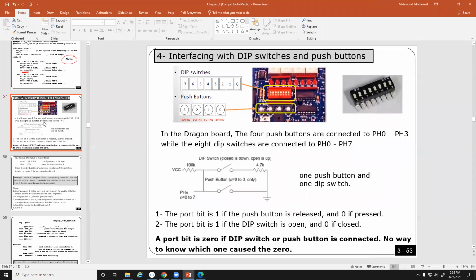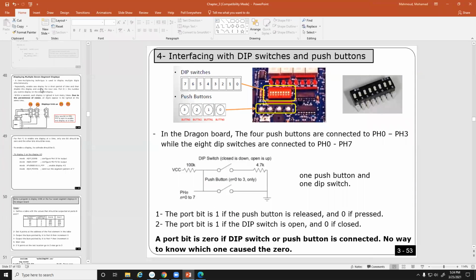Okay. Now I explained how you can use LEDs, right? This is an output device. I also explained how you can use the buzzer. Also, this is an output device, right? Now I'm going to explain the input device, which is the switches, right? So I'm going to explain how we can program it. Okay, so if you look at the board here,